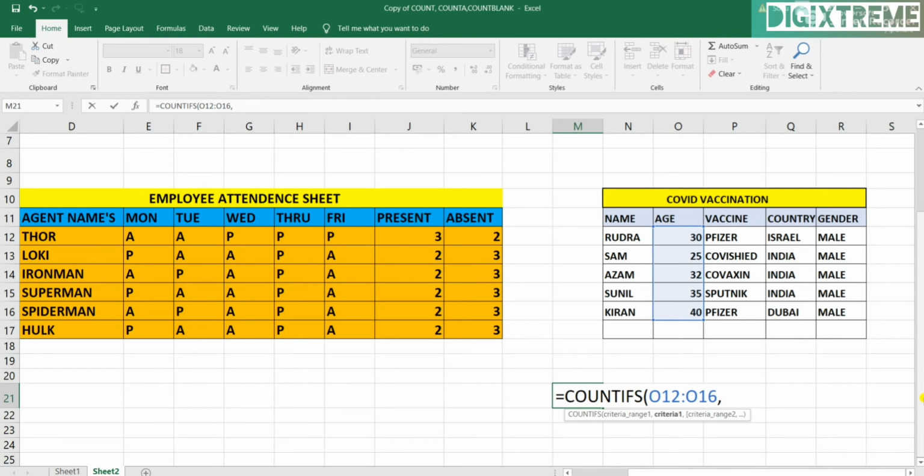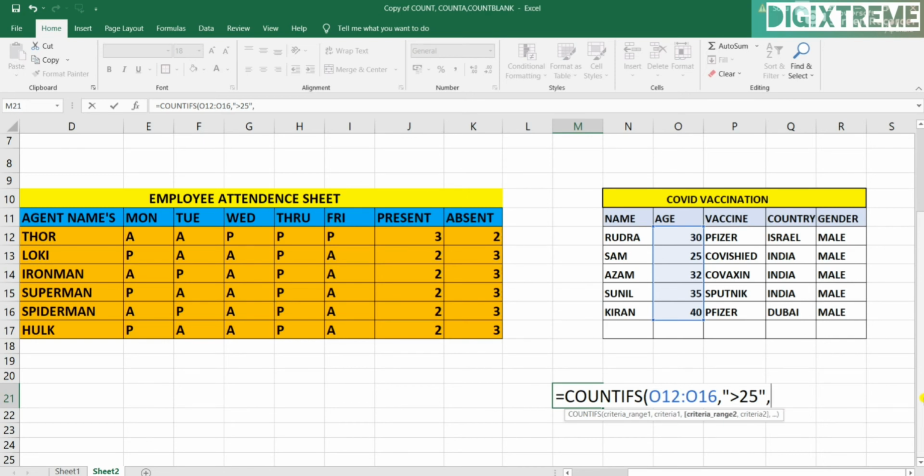Now in quotation mark we'll give the condition criteria, what we want. We want to know more than 25 years. Now close with quotation mark again.